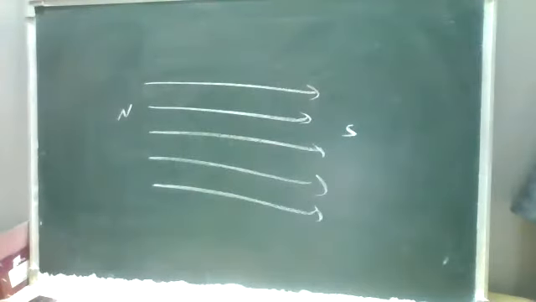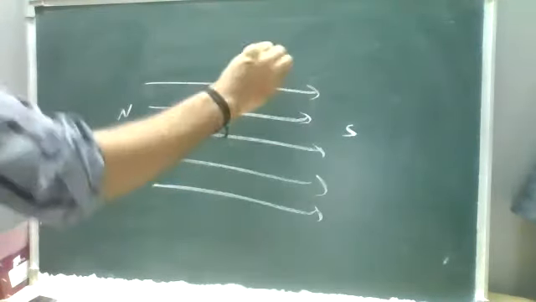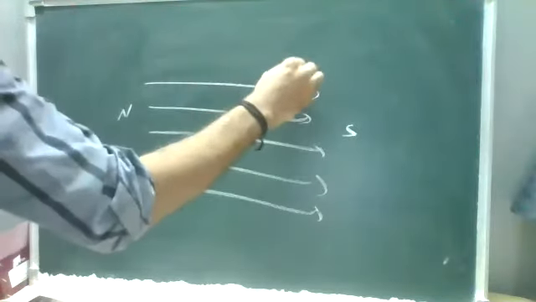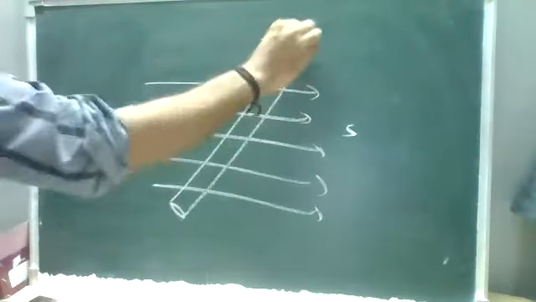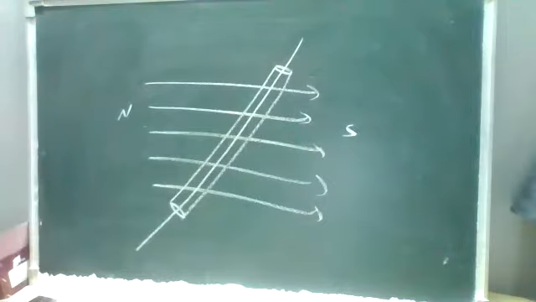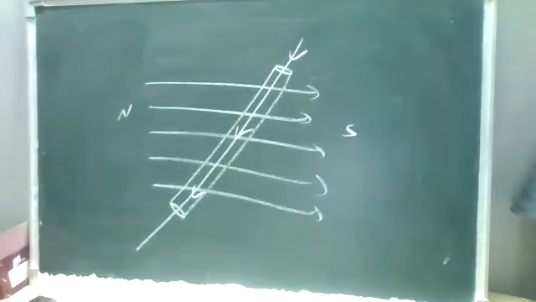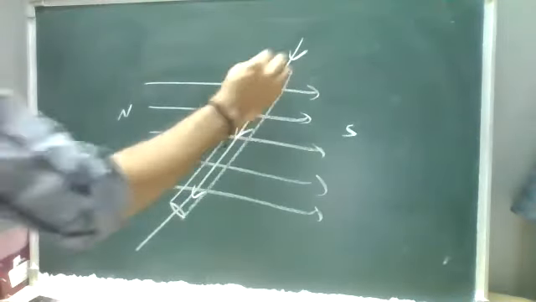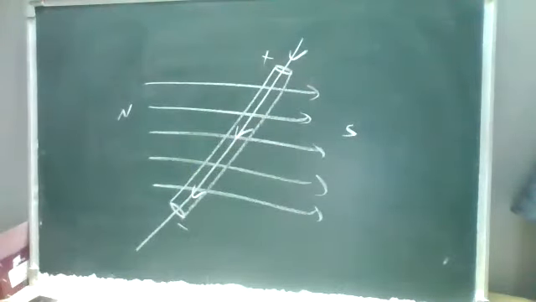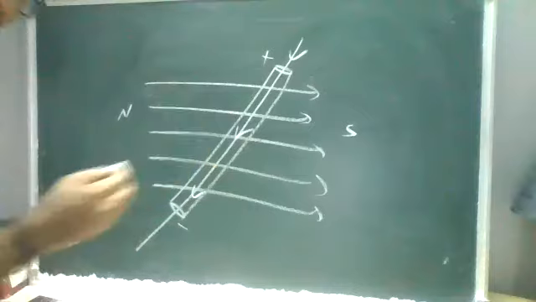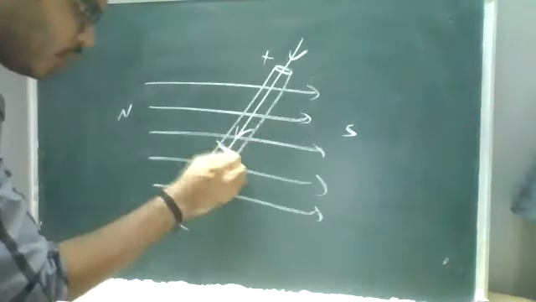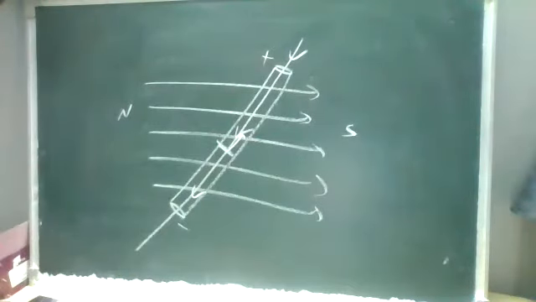Inside the magnetic field, I am placing a conductor, and it carries some current. So there is a current passing through the conductor in some direction. When we discussed current electricity, there was a concept called drift velocity. There will be some slippery electrons which travel from negative towards positive.